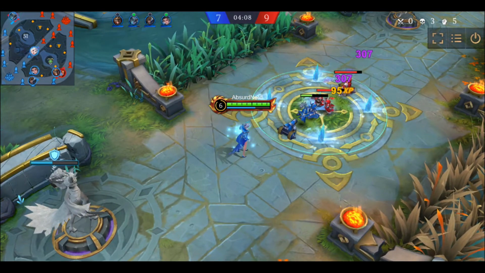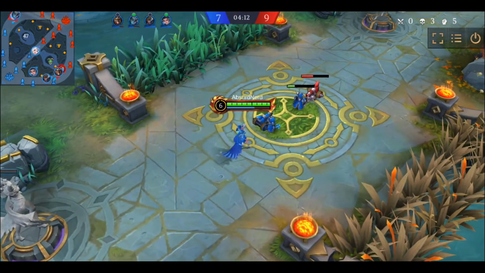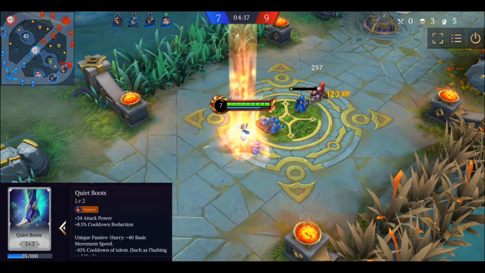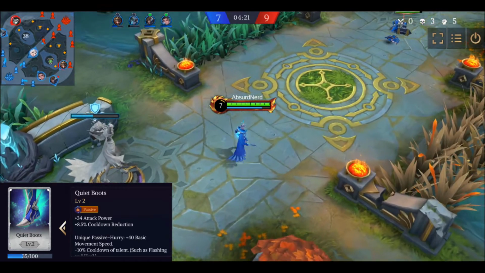Like I tend to use it to clear the waves just because she does it so fast. And the more ability power we get, the quicker she's going to clear these waves. We got our boots, which also give us cooldown reduction. I believe in this game I